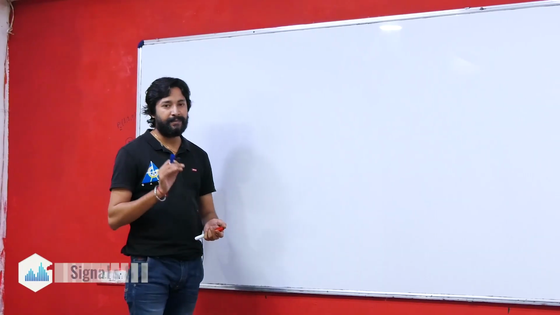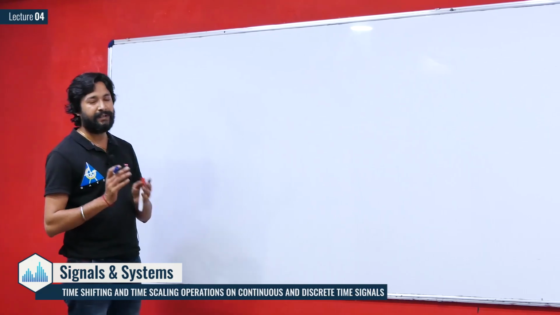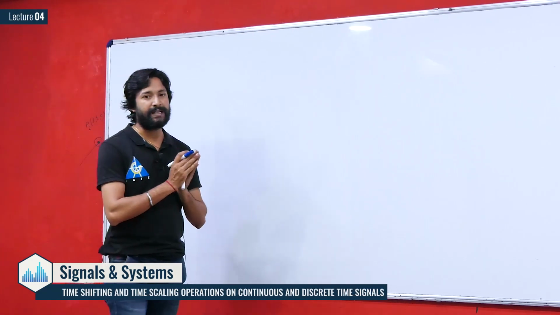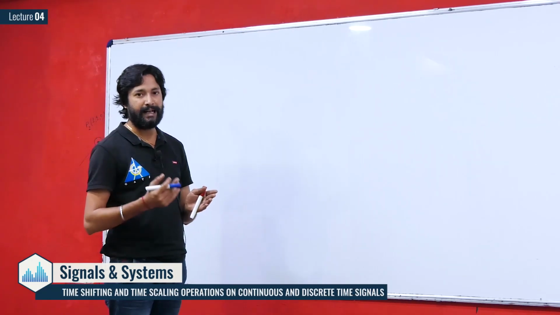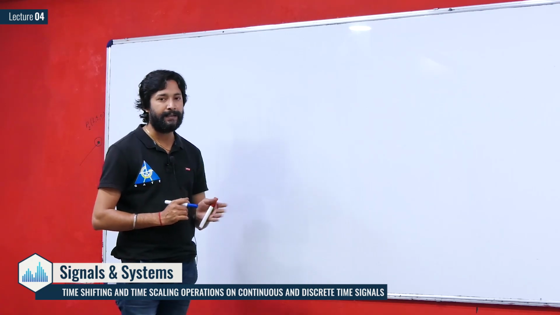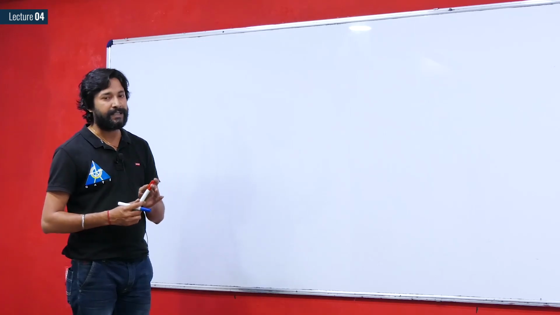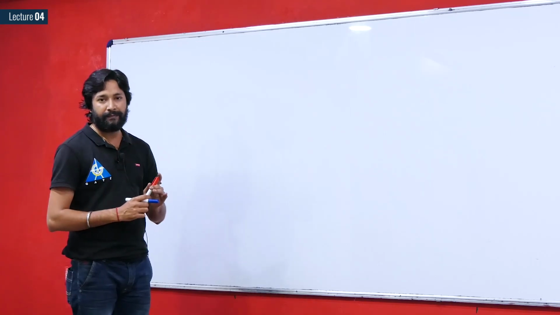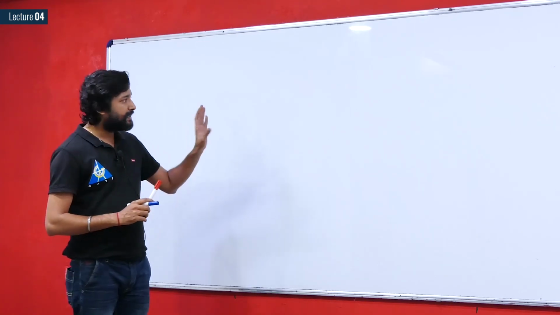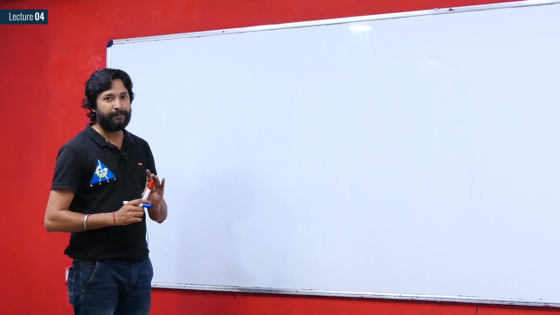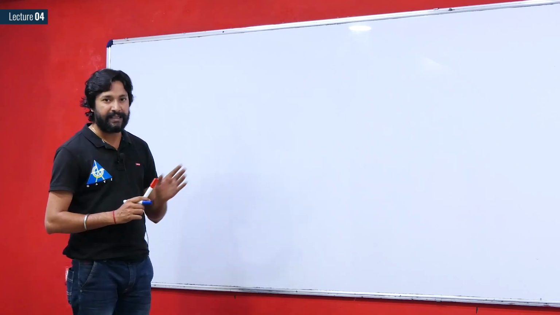So as we have seen the time shifting operation on continuous time signal, we have to shift that signal towards the right hand side in case of delay and towards the left hand side in case of advancement, or we can find the signal that is a delayed or advanced version by replacing the value of t on both the sides. The same procedures are applicable if we have to perform time shifting operations on discrete time signals also.